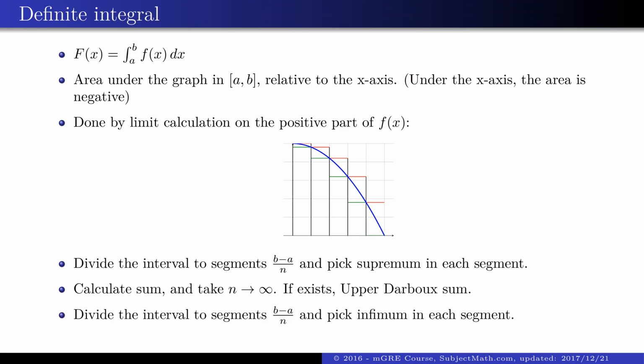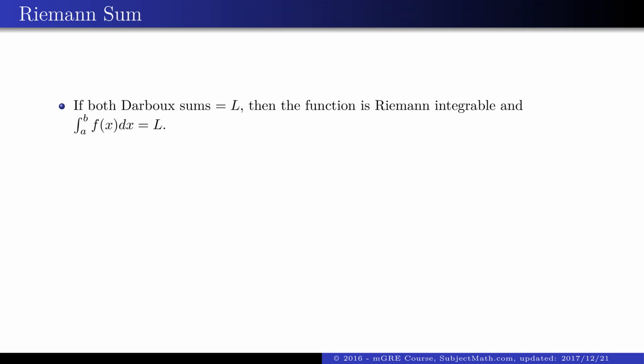We repeat the procedure, only this time we pick the infimum for each small segment and get an estimation for the actual area from below. This limit, if it exists, is called the lower Darboux sum, or the lower Darboux integral. Like in every good sandwich, if those two bounds agree on L, the actual area we wish to calculate is also L. Whenever this is the case, we say that f is Riemann integrable on the segment AB, and the